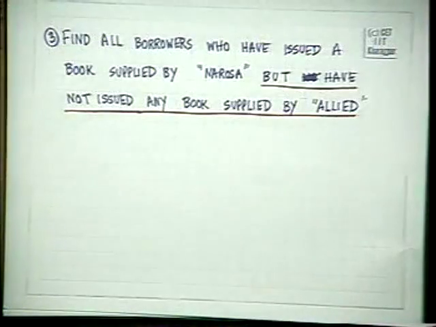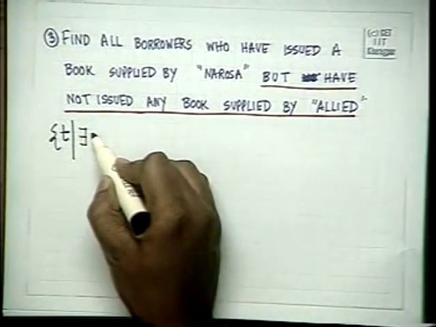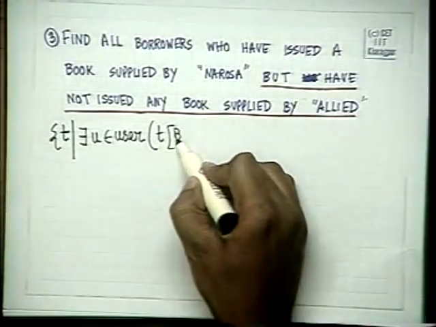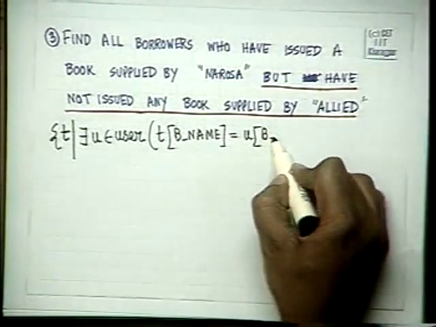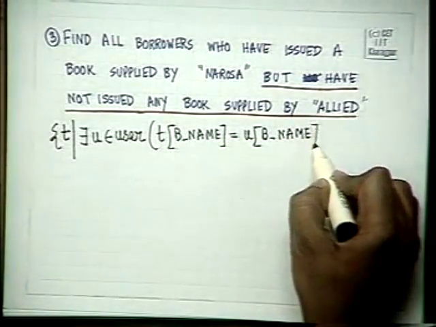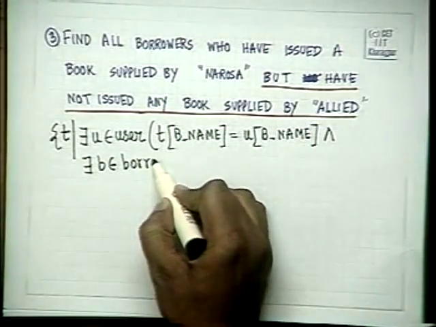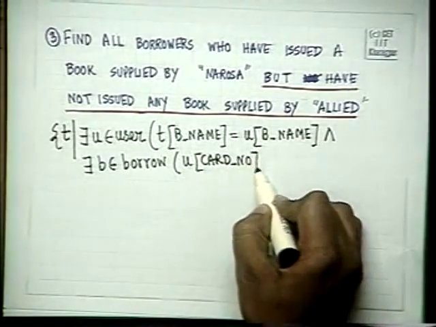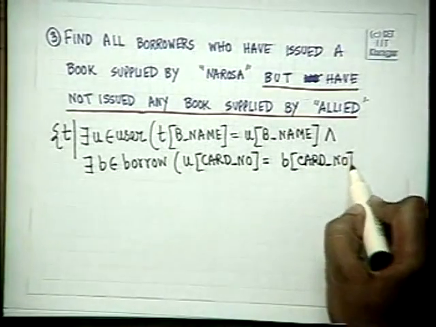Let us see how we will get around to solve this one. We will start in a similar way. T, there must exist a U element of user such that T of B name is equal to U of B name, and there must exist B element of borrow such that U of card number is equal to B of card number, and